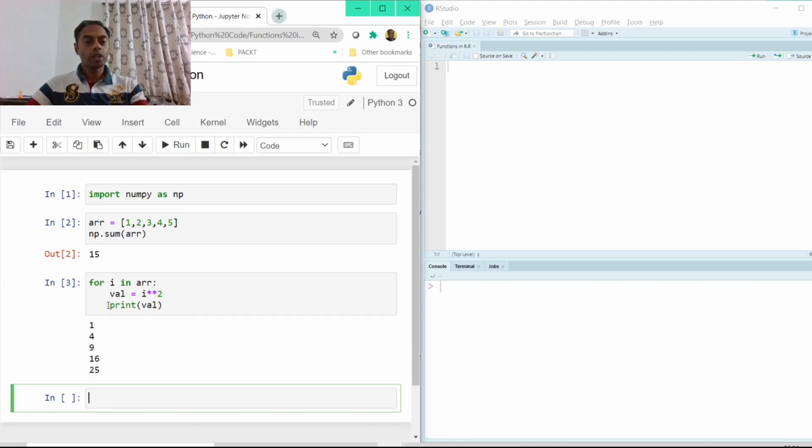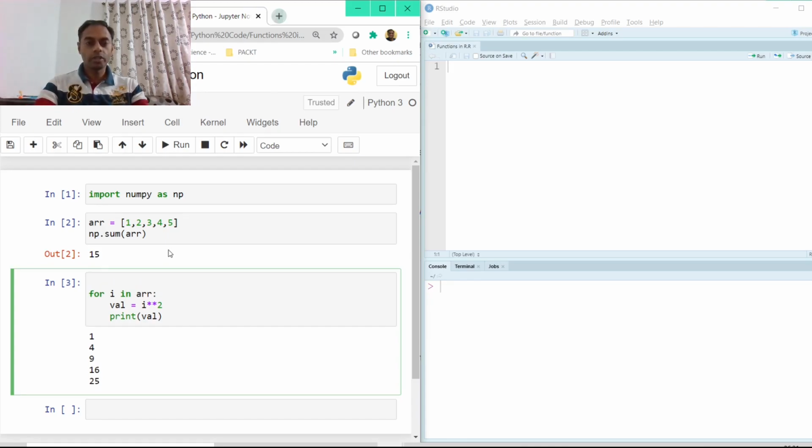Now, what I want is to add all these numbers and give me the final sum. So for that, what I can do is initialize the sum of all these numbers to be 0. And now as I keep on iterating over the for loop, I can continue appending the value of total like this.